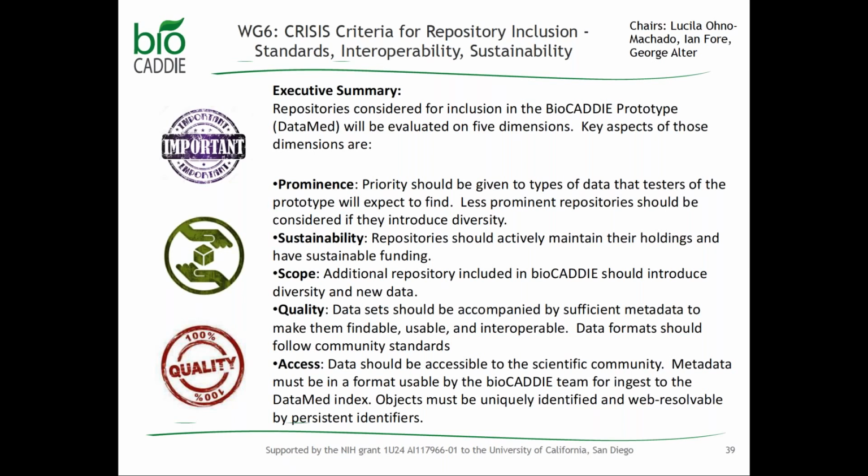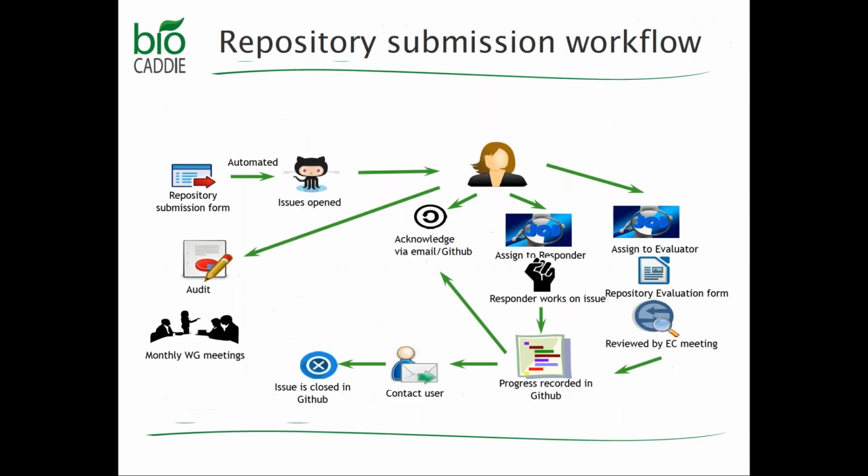So we have come up with some criteria here related to prominence, sustainability, scope, quality, and access. And also with a repository submission workflow, so that repositories can approach us, or we approach them, and then we work out